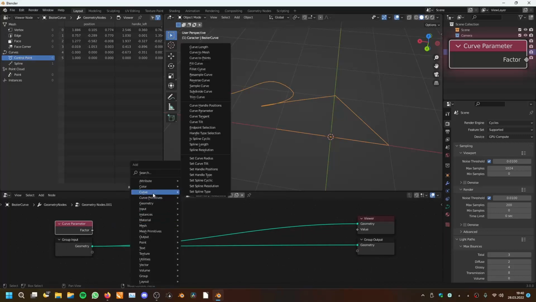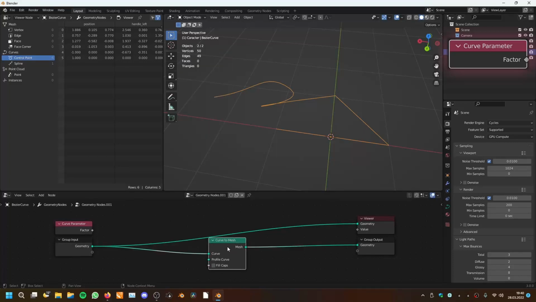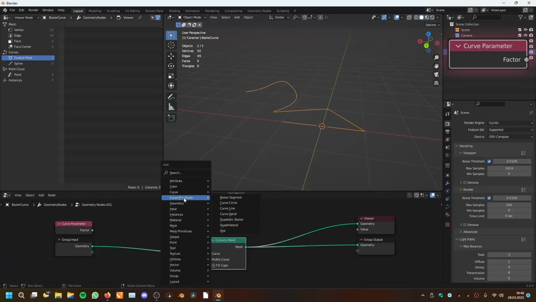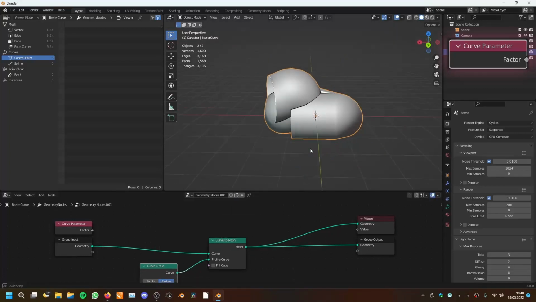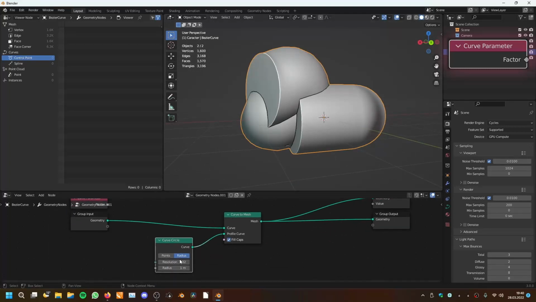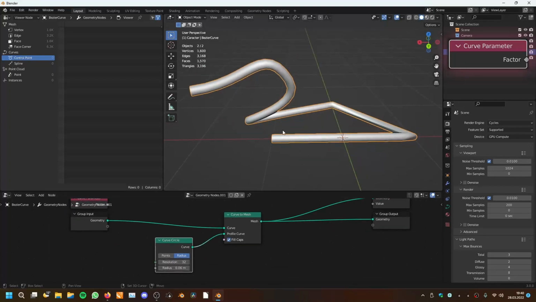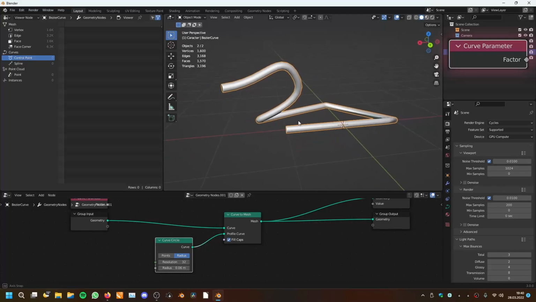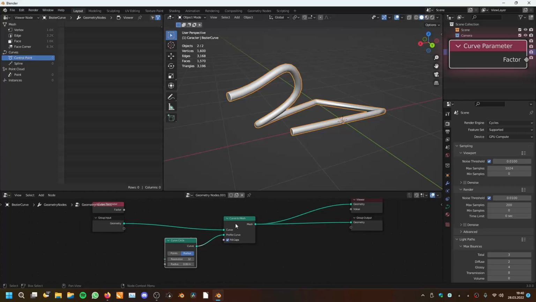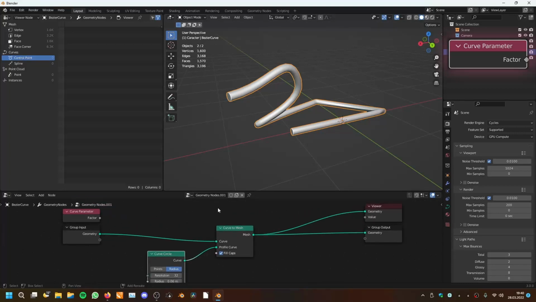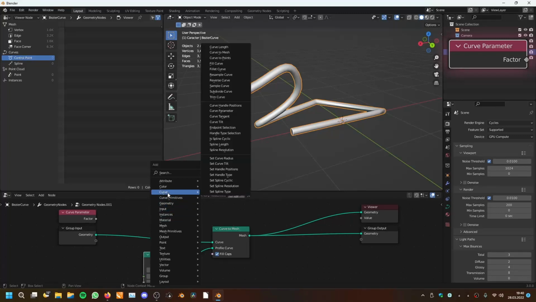And we can do interesting things with this, because we could use our curve to mesh node we've covered before, and we would use our circle as a profile curve, fill caps. And now we want to have our radius here on the bottom 1 and on the top 0. So it gets thinner and thinner. And we can do that by